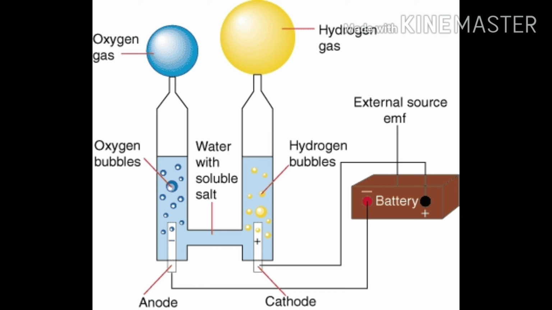When you turn on the switch, we observe that gas is emerging into the solution. So what do we observe over here? At the cathode, the gas formed is hydrogen gas, and at the anode it is oxygen gas. In the above activity, we see that the volume of gas formed at the cathode is double the volume of gas formed at the anode. You can see this in the following reaction of your textbook on page number 73. So by this experiment, we come to know that electrolysis of water can take place.